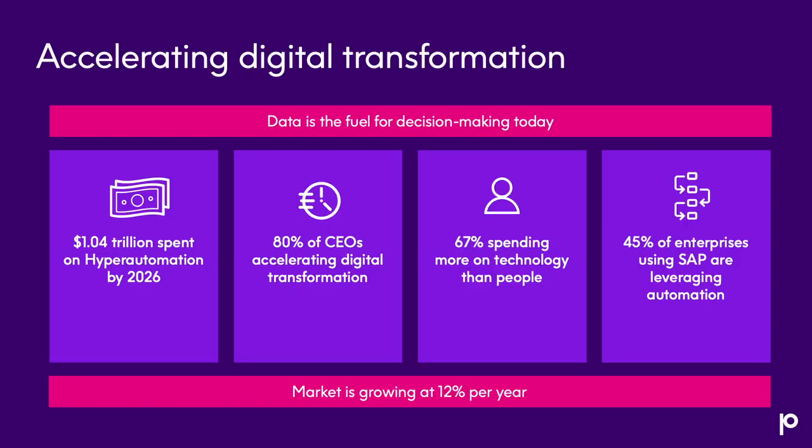At the same time, in that same KPMG study, they found that two-thirds of CEOs are looking to invest more money in technology than people. But it doesn't mean that they're looking to replace people with technology. What they're looking for goes back to that optimized staff. They're looking for technologies that are going to make their current people more efficient and more effective. They're looking for ways to add productivity into their organizations without either adding or even cutting headcount.